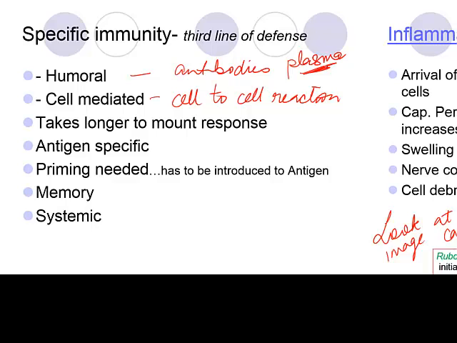It's like when the party starts, they've got to be introduced to each other. Okay, so that's why you'll see that they have receptors. These lymphocytes will have receptors on the surface of their cells. If the receptor is for that particular antigen, it will react with it. If the receptor is not, it will not. So it's kind of got to be